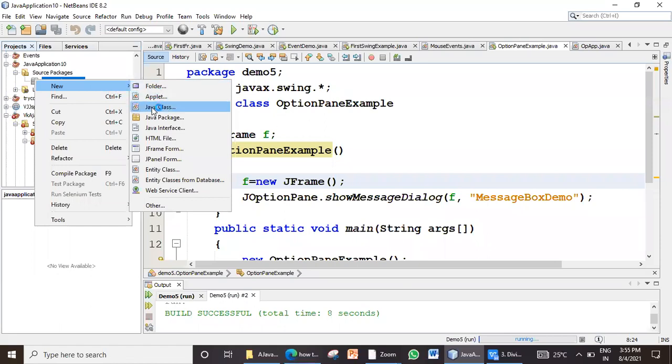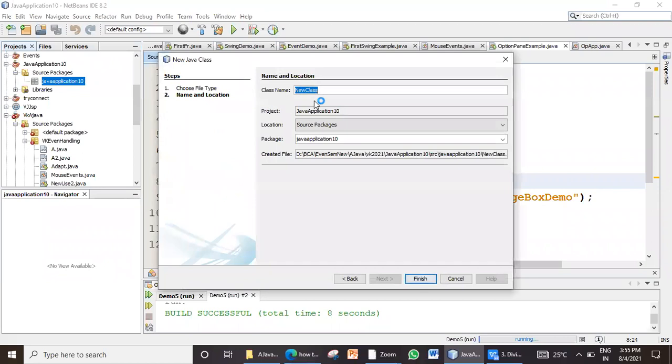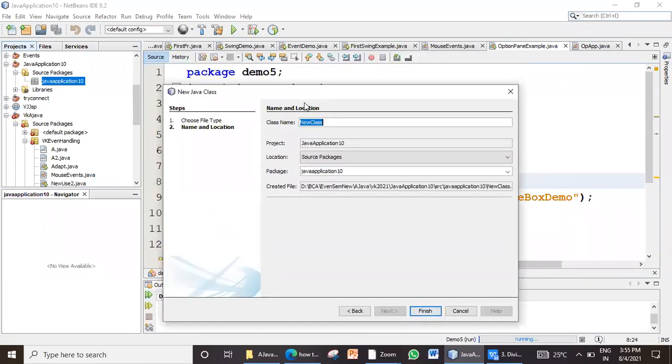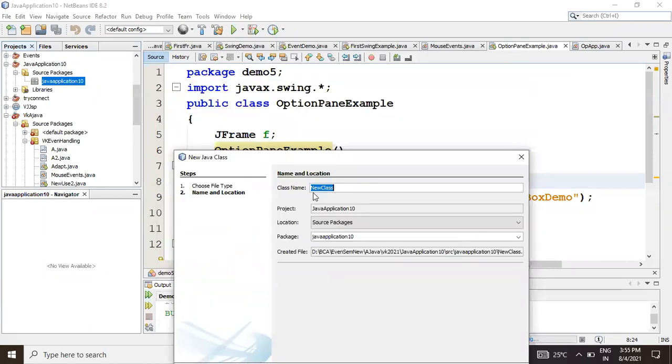When you say create a new Java class or new applet, whichever you want, you should name it after the class name of your program. You should decide which program you are typing, whether it is journal one program or mouse events, and see to it that it resembles your program class name.